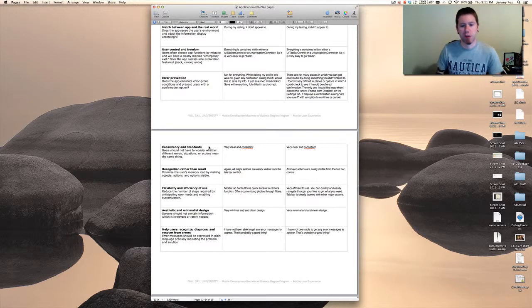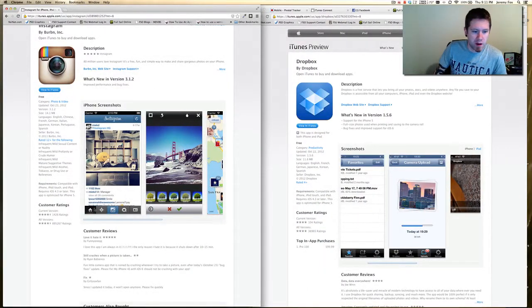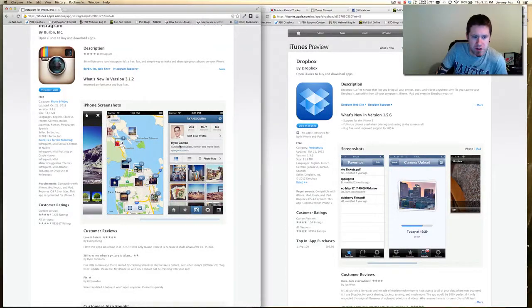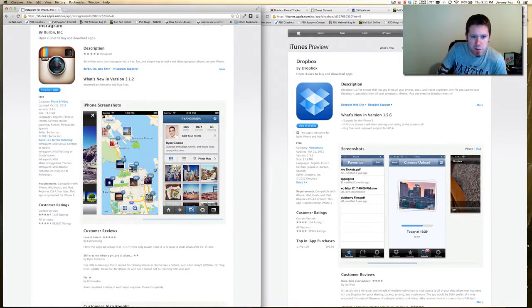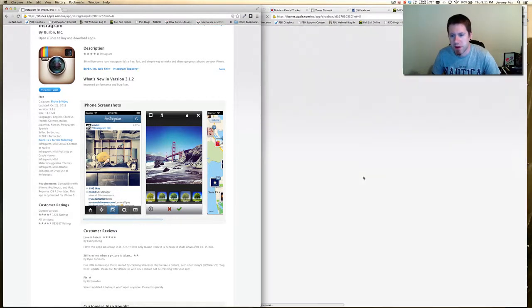Consistency and standards. Both have a very clean and consistent UI. Instagram has quite a bit more going on, but everything is clean. Everything is easy to understand, easy to read, as you can see from the screenshots. So there's quite a bit more going on than in Dropbox, since Dropbox is just a